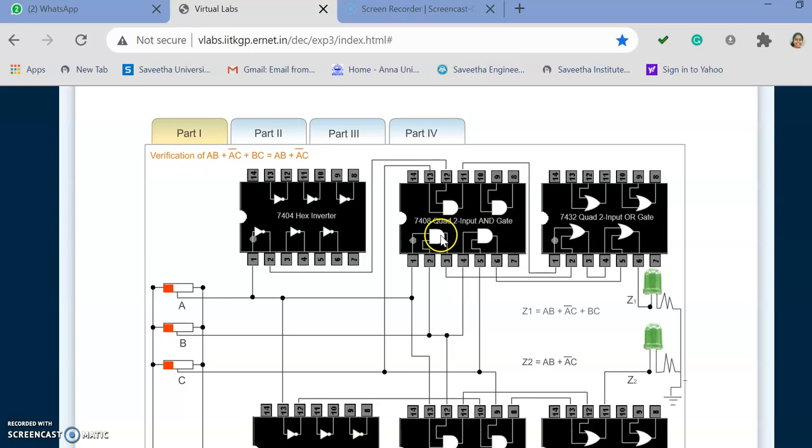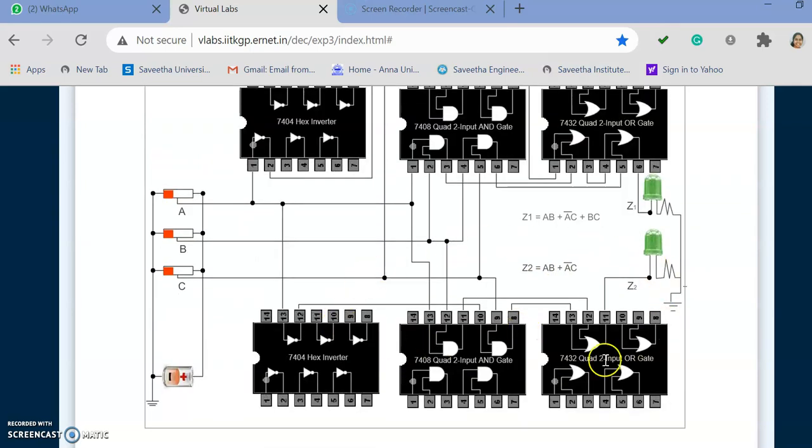Now this is your 7408 AND gate. It is quad because we have 4 AND gates inside a single IC, and it is a 2 input AND gate because there are only 2 inputs and 1 output. Pins 1 and 2 act as inputs for this gate and pin 3 is the output. Similarly, 4 and 5 are inputs, 6 is output. Here 12 and 13 are inputs, 11 is output, 9 and 10 are inputs and 8 is output. When you move on, this is your 7432 OR gate IC, again quad, which means you have 4 OR gates inside a single IC, all 2 input OR gates.